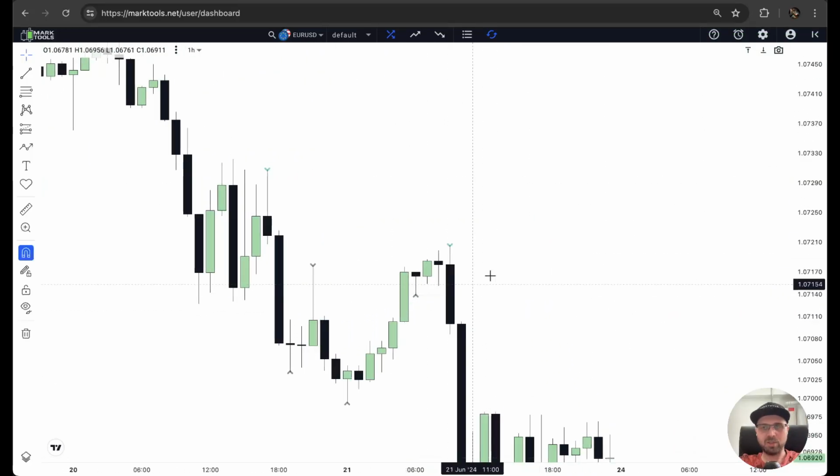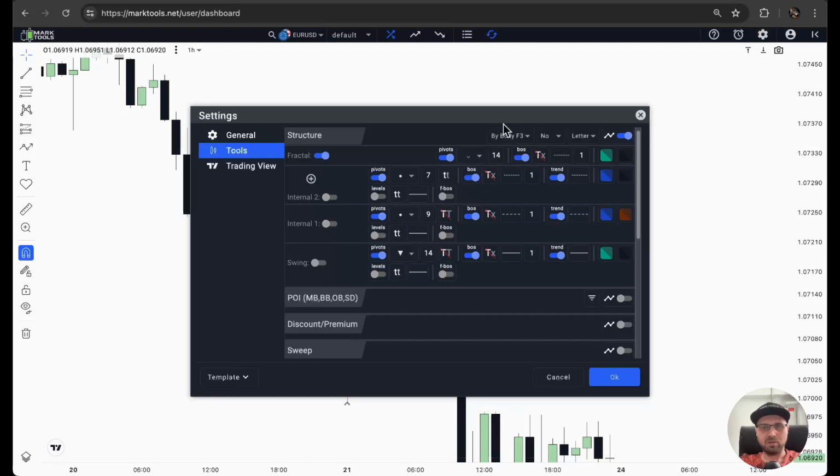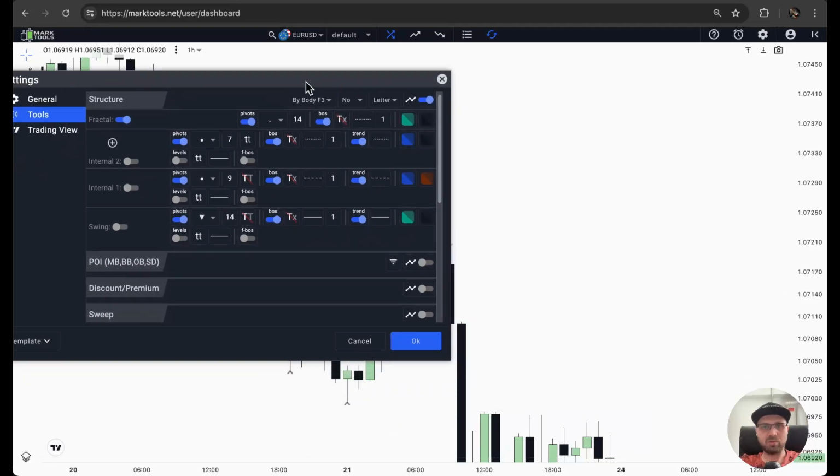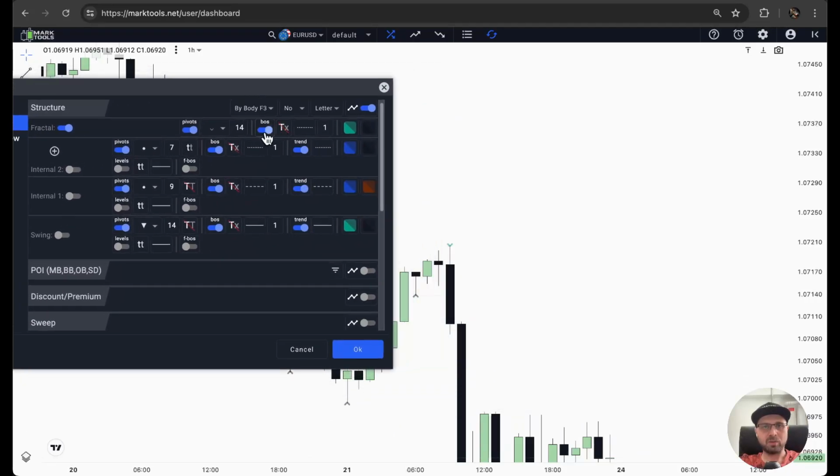Let's say I have a BOS here, right? It's the most recent BOS according to fractal structure. So I can show it or hide it. Also, I can specify labeling for it. And as you remember, we just agreed that we call any reversal a reversal and continuation a confirmation. We called it continuation. But